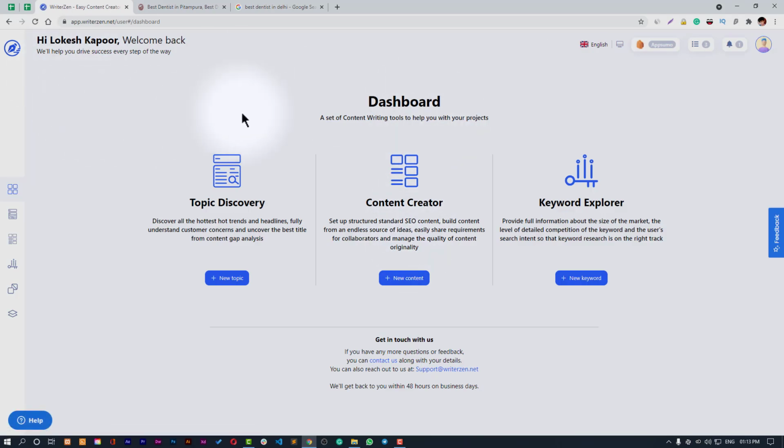So here I am in my dashboard and you can see the clean minimalistic UI as a home page. Most of the softwares are not aligned with what they present on their homepage, but this one is completely awesome. The user dashboard is completely insane. It's very easy to use. It is very minimalistic actually, and I have the AppSumo lifetime deal, so thanks to the folks behind WriterGen for allowing me to make this video for you guys.